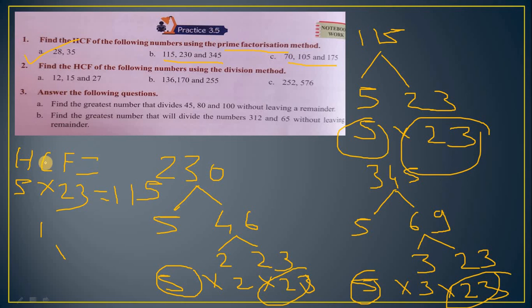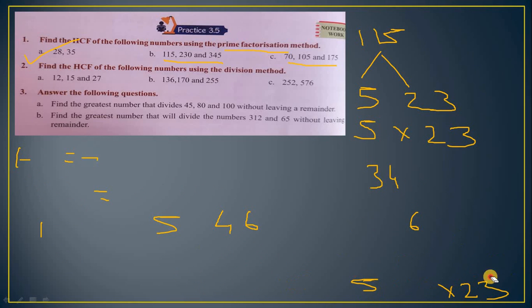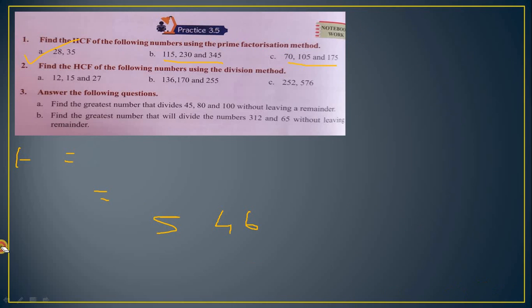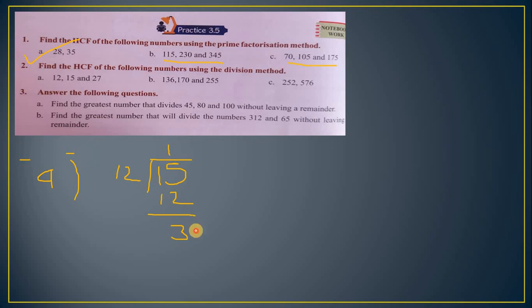Now we are going to solve the second question. So I hope you understood up to here. Now in the second question you have to calculate HCF using division method. So I am solving here question A. 3 numbers are there, so I am taking 15 and 12. So here you have to divide this number. 12 ones are 12. Remainder is 3. Finally you use this number for dividing previous number 12. 3 4s are 12. Remainder is 0. So you continue this process till you get 0.